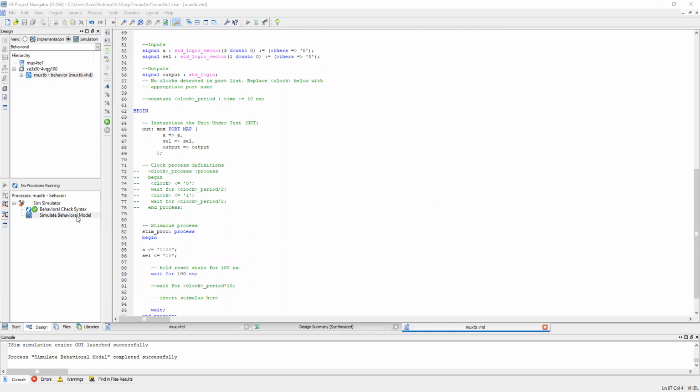Now for this 0100, when you select 00, you get the first output. Now for 10 we will check whether we are getting 1 or not. Save this, check syntax and simulate.